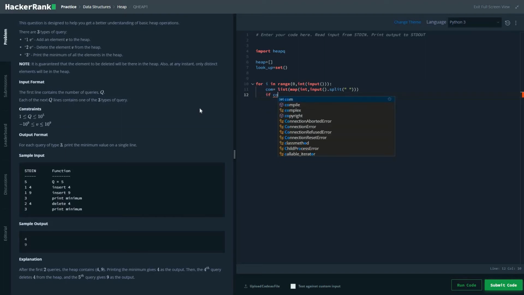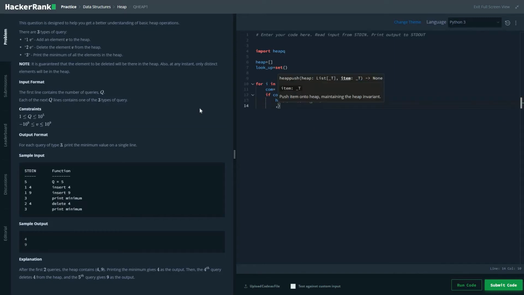So if command of 0 equal to 1, then basically you would be adding that value to our heap. So heappush, our list name and the value that you're going to push.